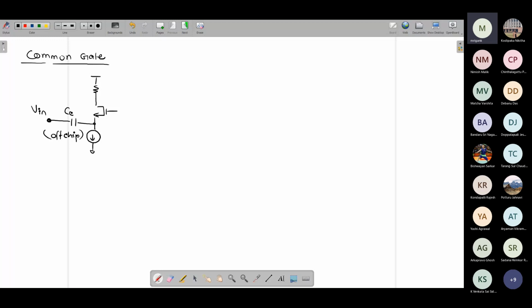And then the output is taken over here. V out is over here. This is RD. You call it M1, and the gate you can bias. Suppose for the time being I'm just biasing it using a resistive divider, RG1, RG2. This is one possibility. And the second possibility is that your input itself is current. Now, in case you are using it as a voltage amplifier,